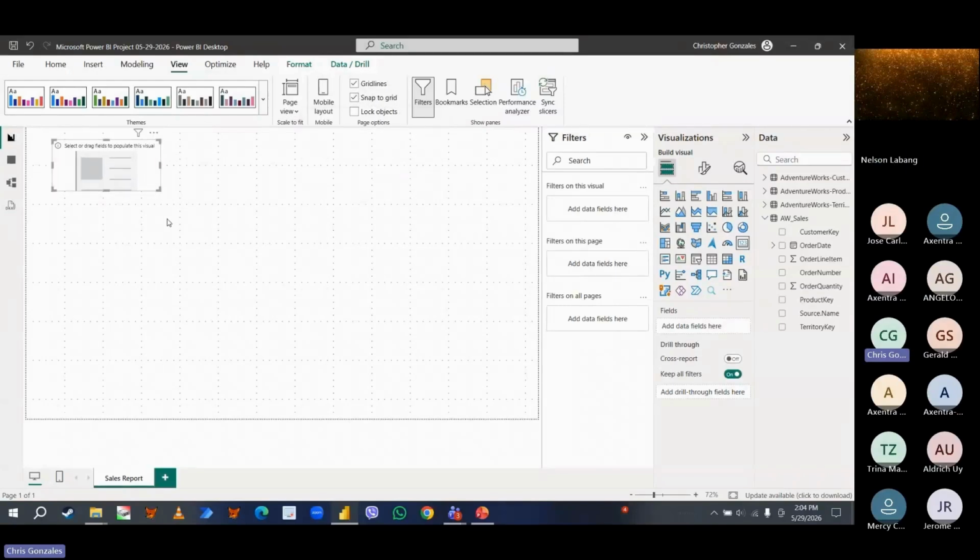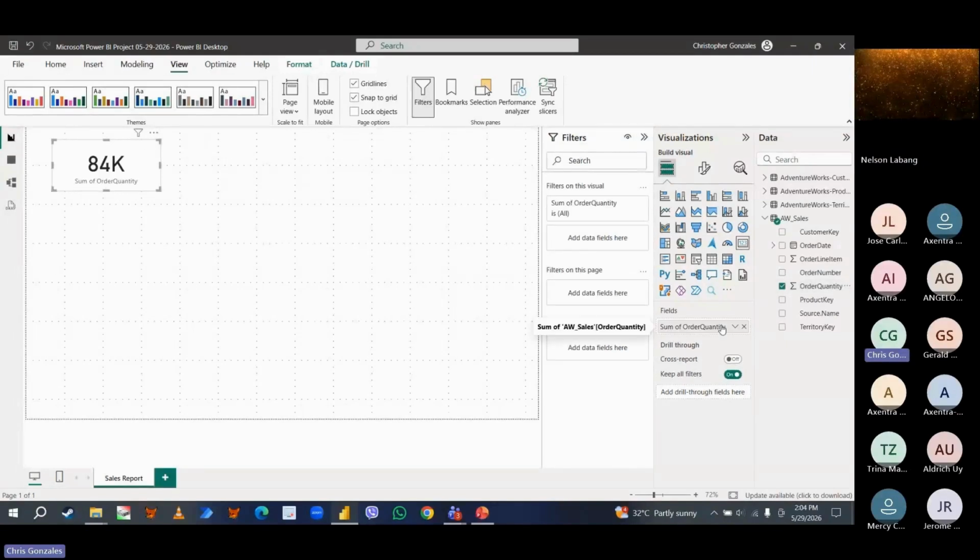Okay. Now, inside the card, you can add a specific field. We have here the order quantity under the sales. Let me just drag and drop it over the fields. All right. So it says 84K. But I want to display the exact amount. So how do we go about it?